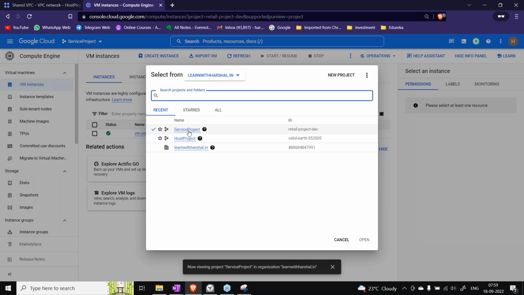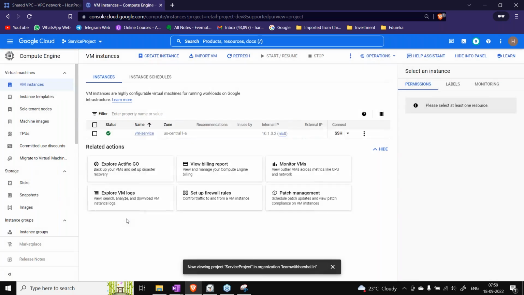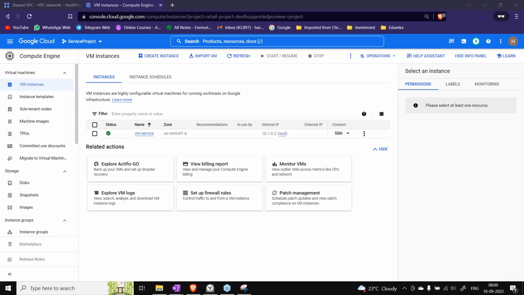It can be your project related names also. Just for the simplicity of the demo, I'm keeping the names like this. So the name of the project, name of the VPCs, name of the VMs doesn't matter, as long as you follow the same steps that I followed, you should be able to set up the shared VPC. Snigdha, does that answer your question?